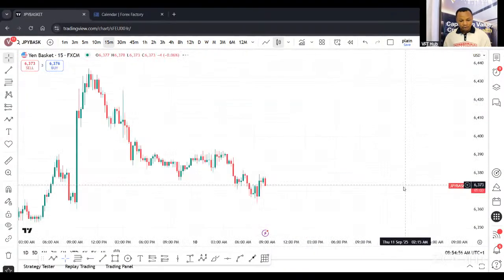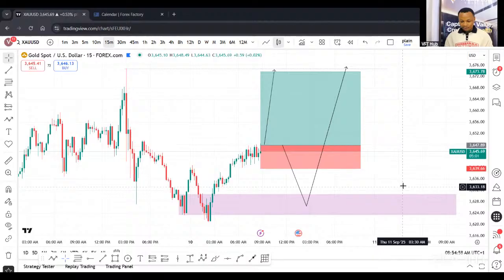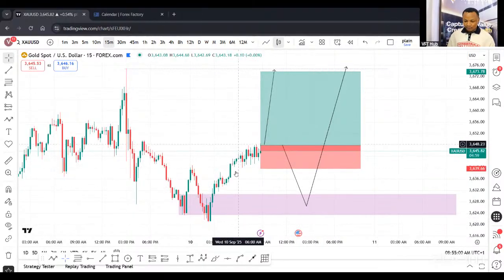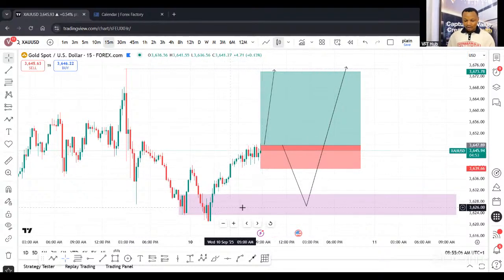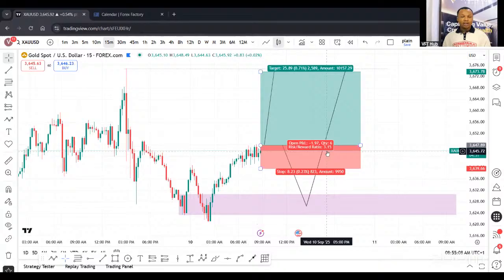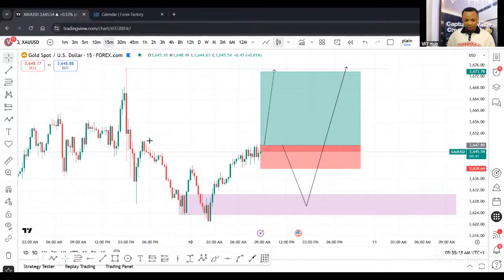And then for gold, which was the first pair I analyzed this morning, I said I'm looking to take an entry from here. Once I see an entry signature form, I'll take a buy from where price currently is. But if it breaks to the downside, then this is going to be the second place I'll be looking for a buy. So my bias overall on gold is a buy, and then my bias on the yen pairs is a sell, okay? All right, so these are the things that we're looking forward to seeing play out today.